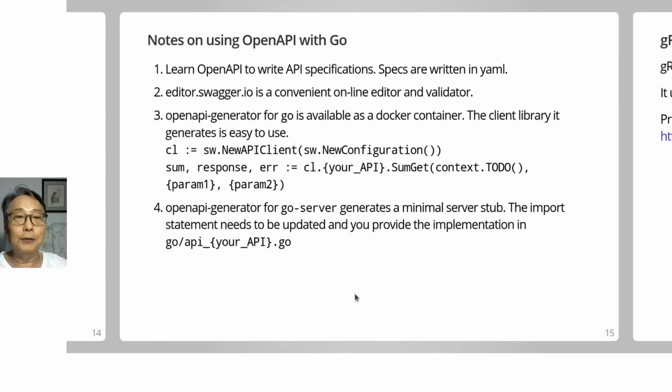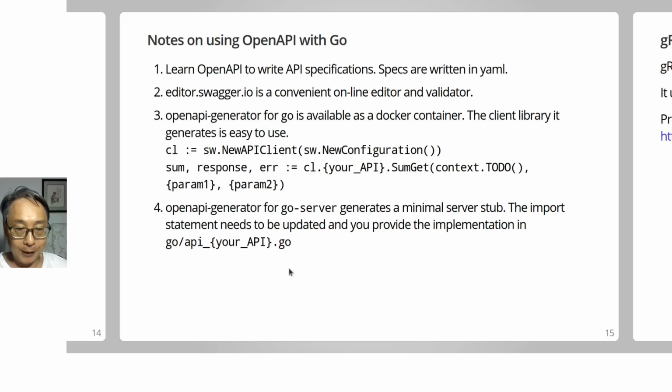But here are a few notes about using OpenAPI with Go. First, we need to learn OpenAPI. We need to read the API specifications and write them in YAML. The online editor provided by Swagger is great. It's a convenient online editor and it validates as well. The generated client is easy to use. All you need to do is call new API client, new configuration, and call whatever functions you define in your API. The server stub is very minimal indeed, and you effectively have to provide your entire implementation in the Go subfolder